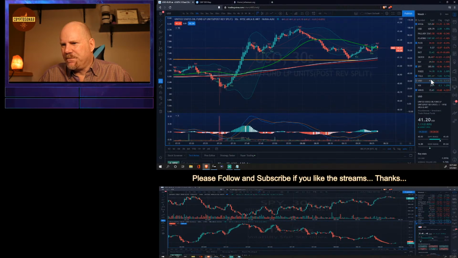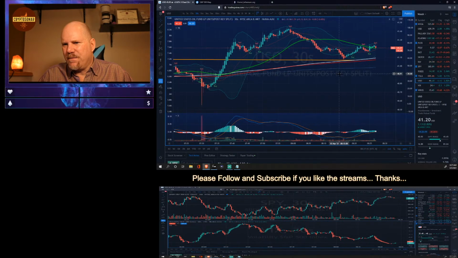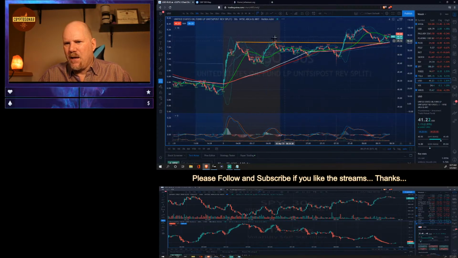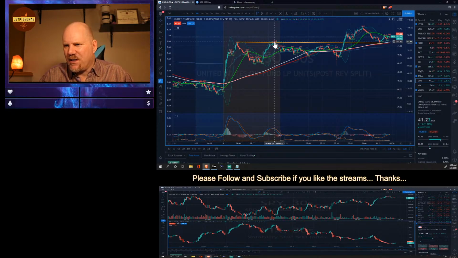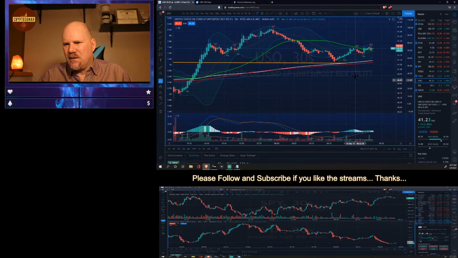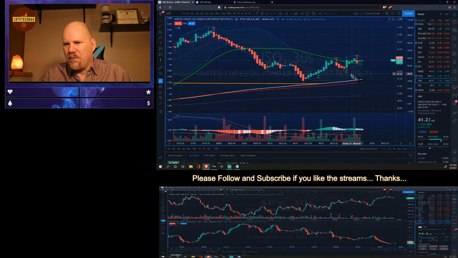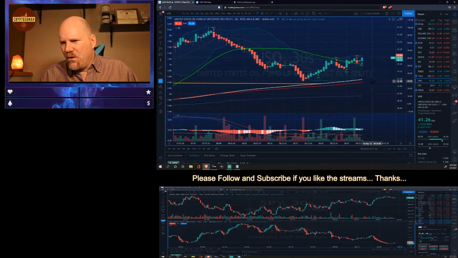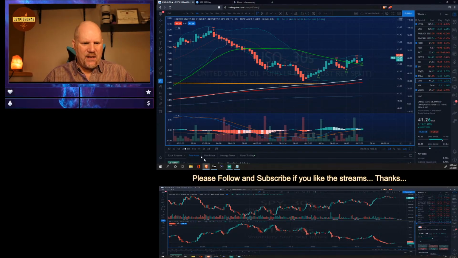U.S. oil, looking good. Again, is this the new resistance, the new support? If we had resistance, pretty good here at this $41 level. That's pretty good if we stay above here and we close above these lines today, because these lines will move up tomorrow. So we could have a new support level at 41.07-ish.